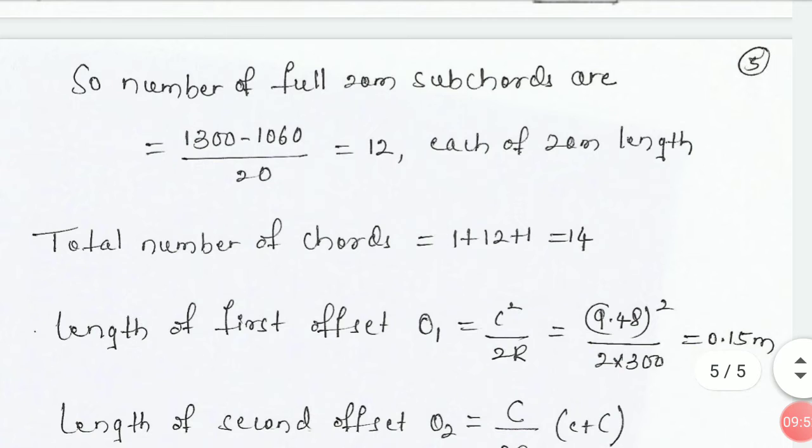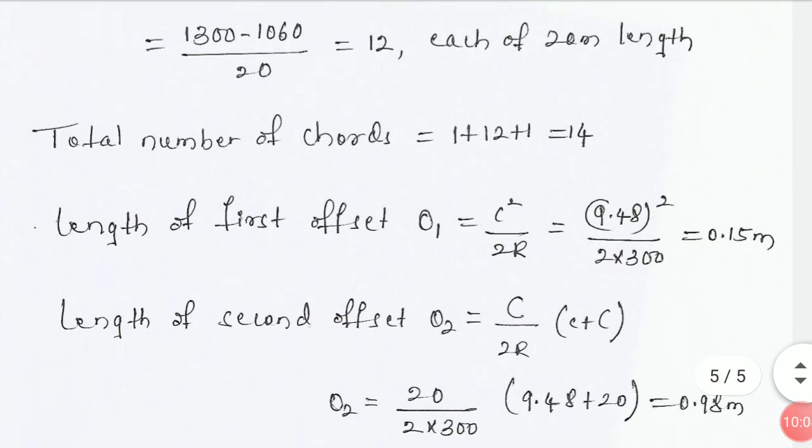Totally 14 chords we have. From those 14 chords now I will calculate the offsets. After drawing the offsets I will join the end of the offsets to get the curve.